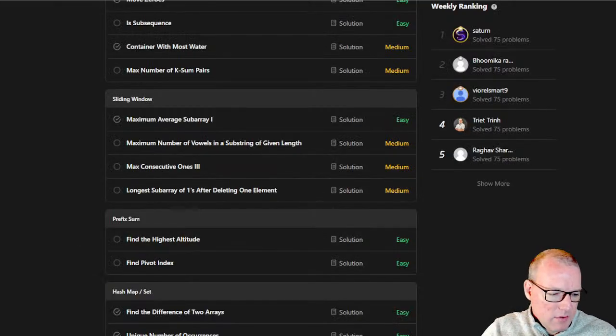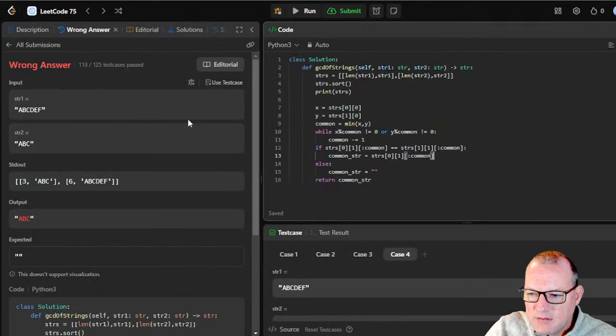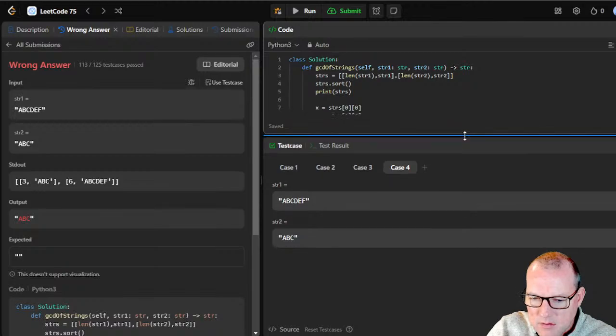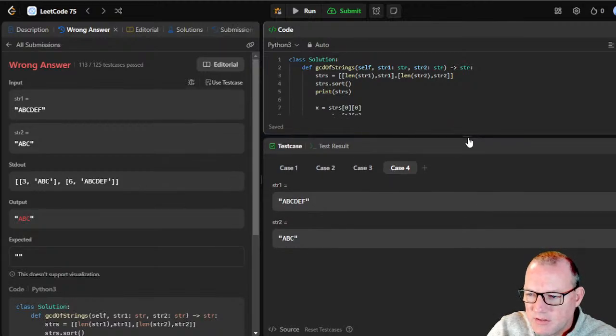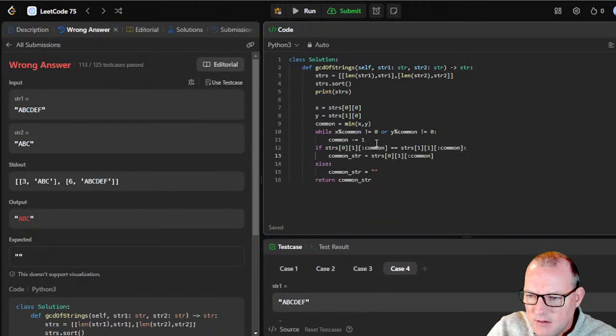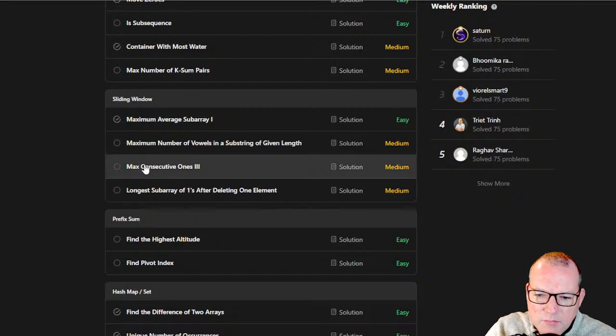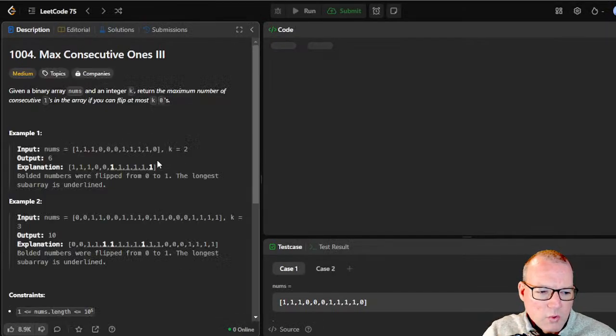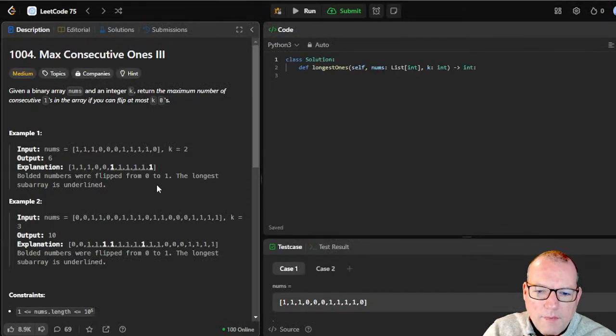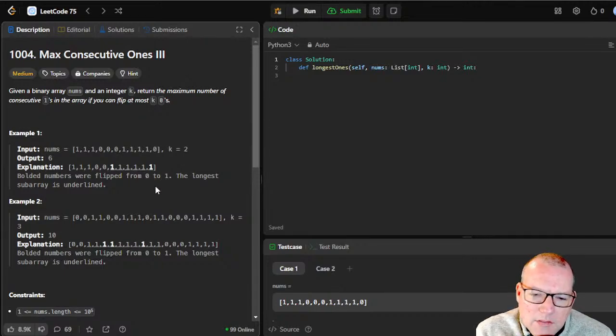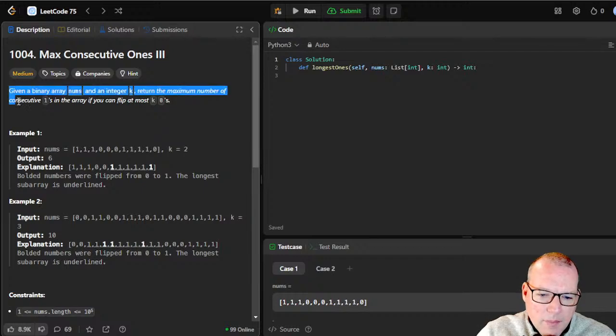Let's see which one of these. Yeah, I didn't finish this. I think Venki has that one solved. All right, let's do max consecutive ones 3. All right, sliding window. Given a binary array,